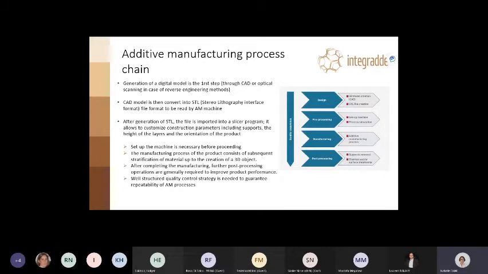This model is then converted into STL file format, which is necessary to be read by the additive manufacturing machine. And after generation of this STL, the file is imported into a slicer program to get at the end the different layers that will make the product.